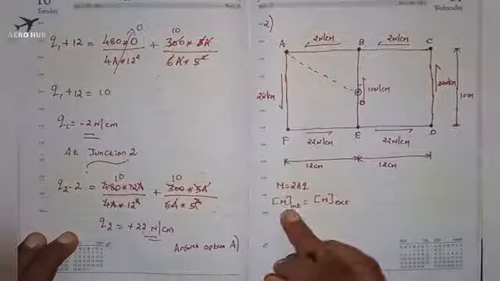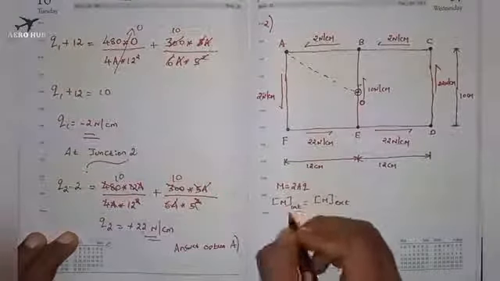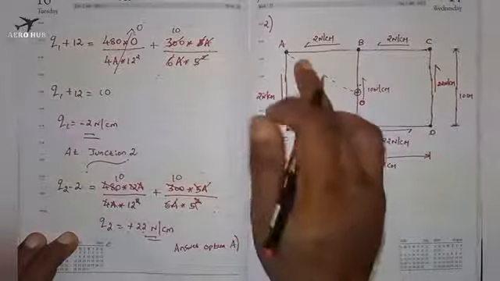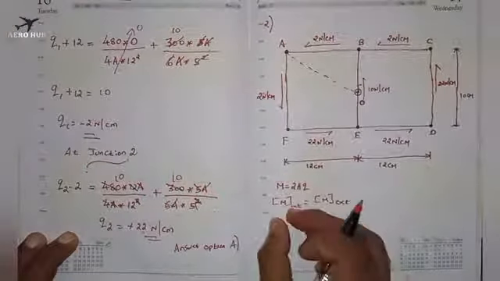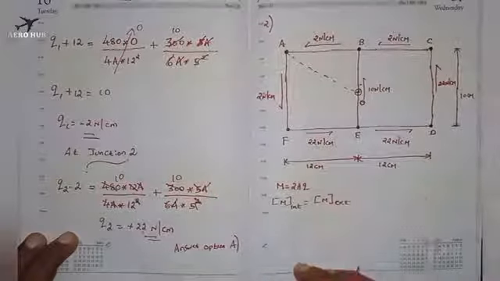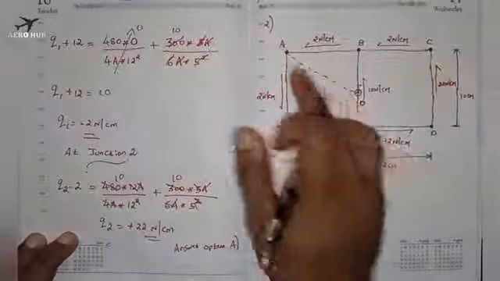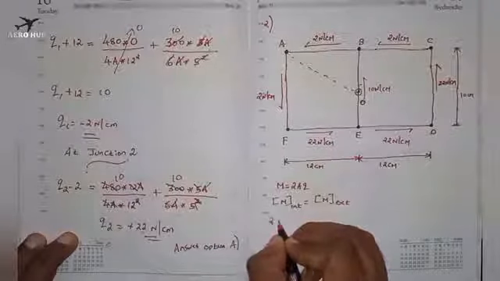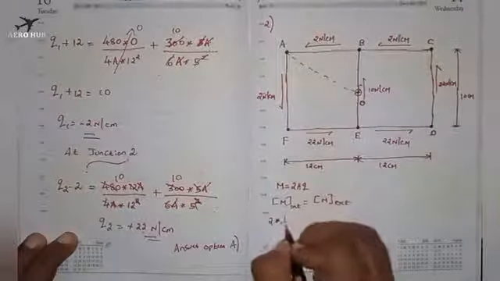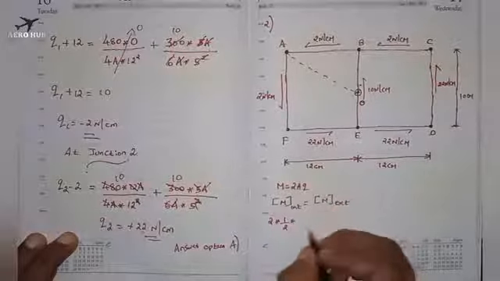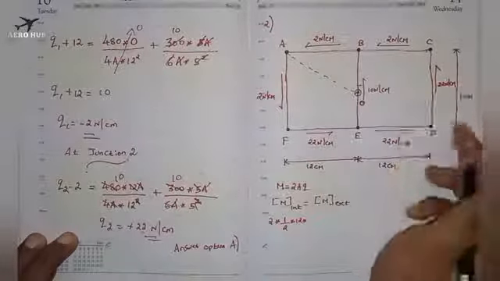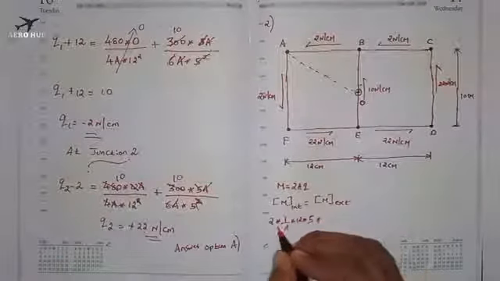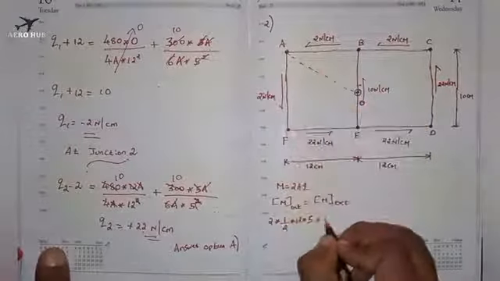The internal moment is due to the internal shear flow, so we'll find the total moment with respect to the shear flow, that is M is equal to 2Aq for each and every shear flow, and this will be equal to the applied external moment. This is the thing we are going to do. For this portion ABO I can write 2 times the area, which is half b into h, a triangle, half into base 12 centimeter and the height is 10 by 2, which will be 5. 2 times the area into q, which is 2.